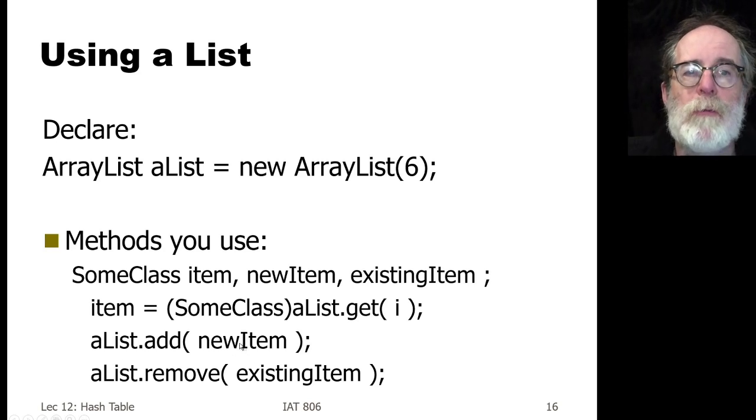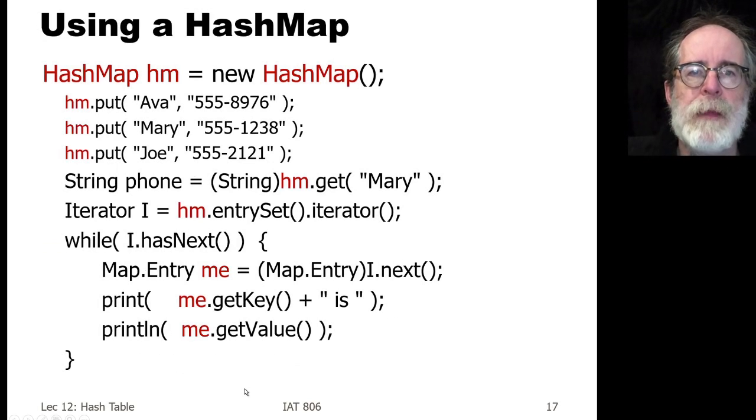If we want to remove an item from the A list, and let's say the existing item is the thing we want to get rid of, we just pass that, and behind the scenes, the array list gets rid of it. Okay, now let's use a